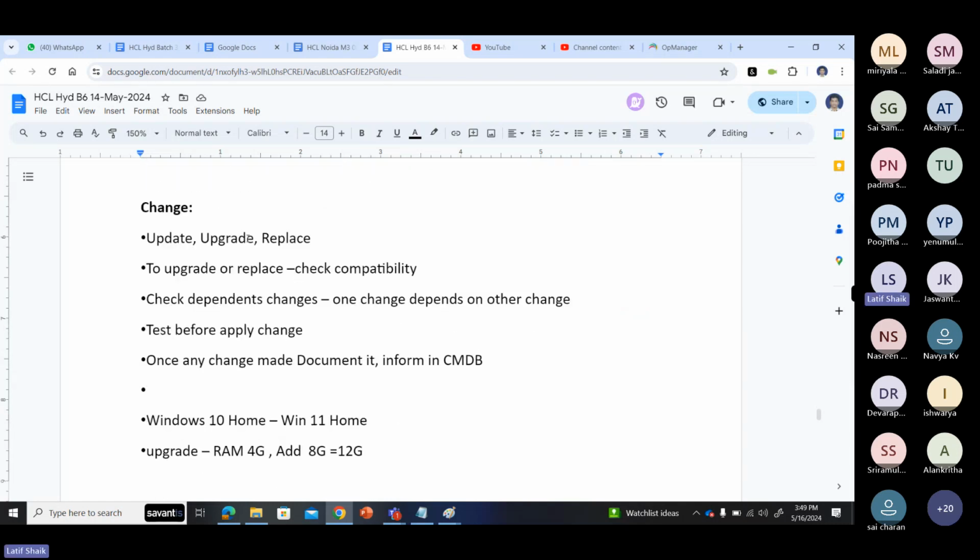Then what is the change? Problem management is mainly for doing regular maintenance, or finding the root cause of an incident, and by taking some preventive measures, issues won't occur again and again. That is the main aim of problem management. Once you resolve the problem, the number of issues will be reduced. The occurrence of issues will be lesser.